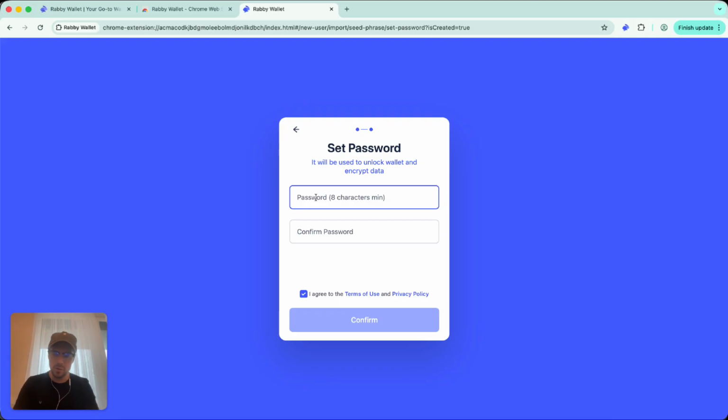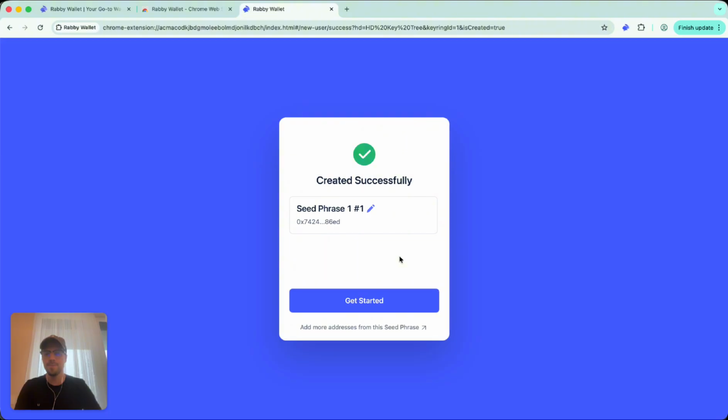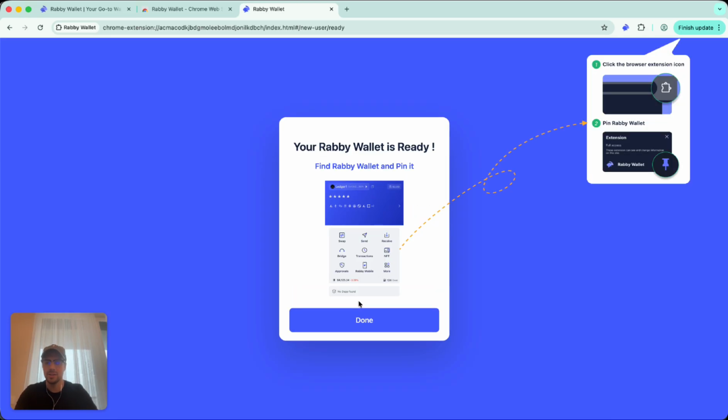So for this one, I will make it very simple. Okay, click on confirm, and it's created successfully. So this is your seed phrase one. This is the name of the wallet. You can rename it as my XRP DeFi or something, doesn't matter,